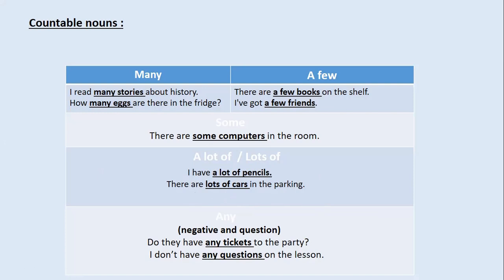Do they have any tickets to the party? So when you ask a question, هل تمتلك أي tickets؟ هل لديك أي سؤال؟ So any بمعنى أي. Okay, we use it for negative في حالات النفي and for the questions في حالات السؤال. Do they have any tickets? Tickets. Countable. I don't have any questions on the lesson. Let's now move